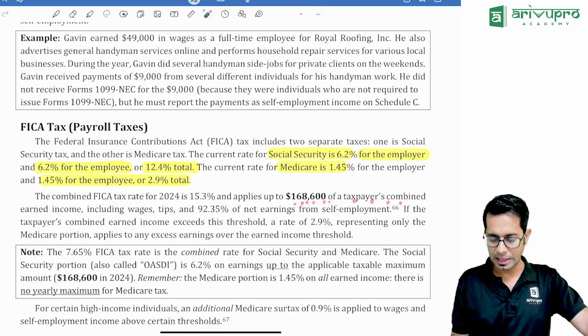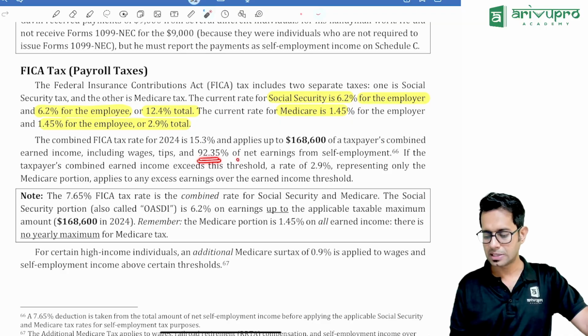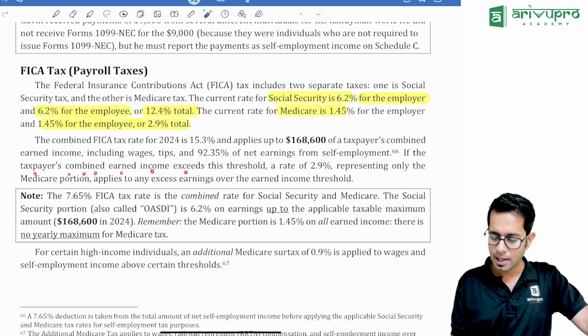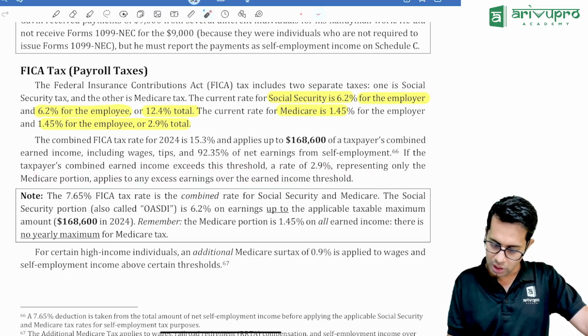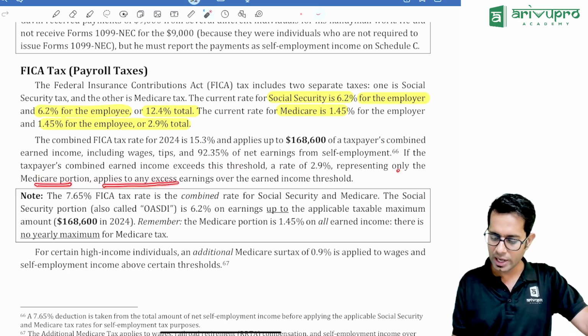$168,600 of taxpayers' combined earned income, including wages, tips, and 92.35% of net earnings from self-employment. Okay, so if you are self-employed, this will be applied on which portion, sir? 92.35% of net earnings from self-employment. If a taxpayer's combined earnings exceed this threshold, the rate of 2.9% represents only the Medicare portion, which applies to excess earnings over